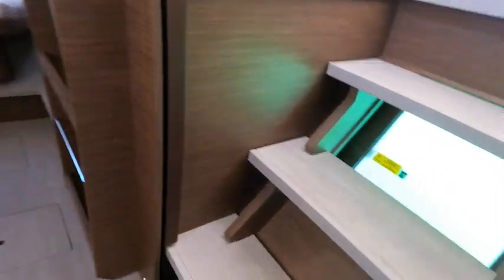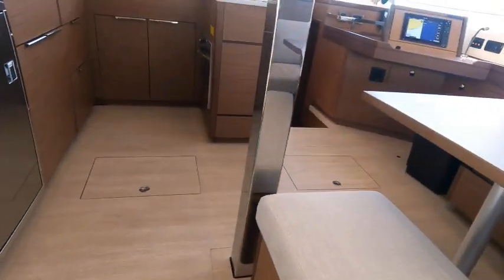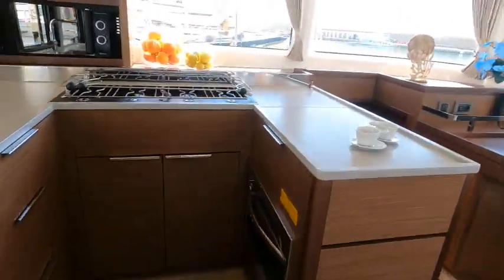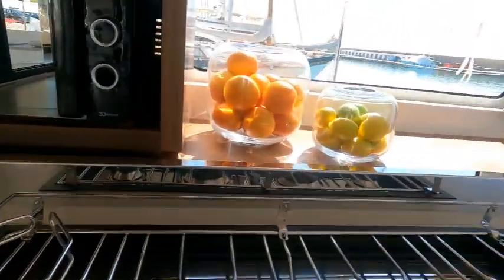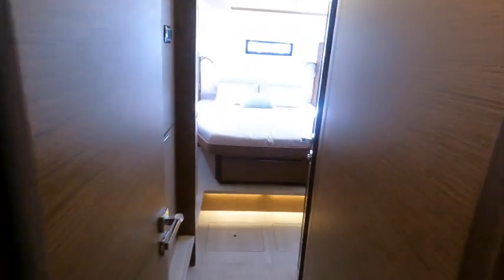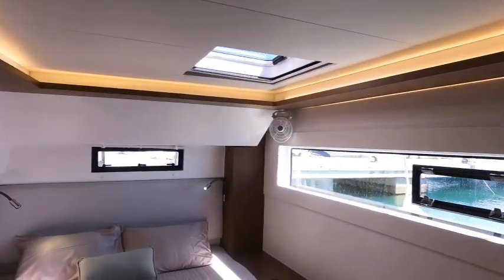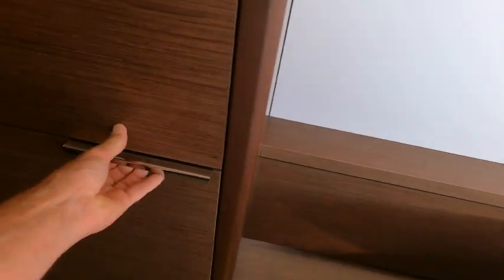Okay, so let's head back up to the saloon, up past the mast, into the galley and have a look at the other side. Now we're in the port guest hull, and all the other cabins have an impressive amount of space, even in the front cabins, which are roomy with island beds. There are no V-shaped doubles on a Lagoon 46, that's for sure. The storage continues with plenty of hanging space,